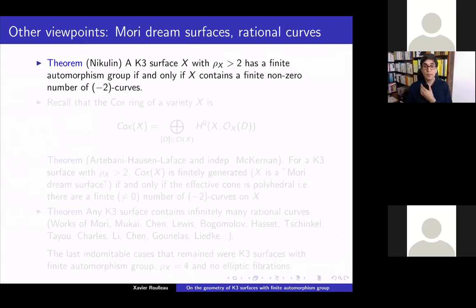So, but let me motivate a bit more this K3 with a finite automorphism group. Another point of view is that a K3 surface has finite automorphism group if and only if that K3 has a finite non-zero number of -2 curves when the Picard number is larger than 2. So it is a very nice characterization, and